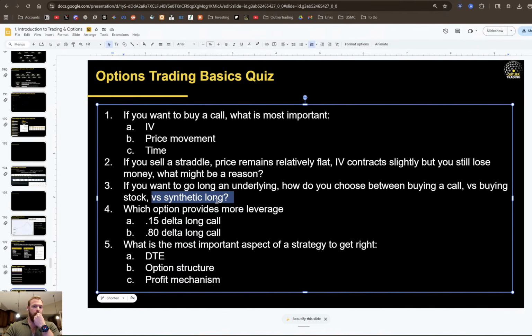So let's hold on. Let me get caught up on the chat. Brain says intention of the strategy. I think that's completely fair. Mamba says synthetic long best when implied volatility is high. By selling the put, you finance the call. I actually disagree. I wouldn't look at it that way because just like we talked about in this scenario, it really comes down to price movement.